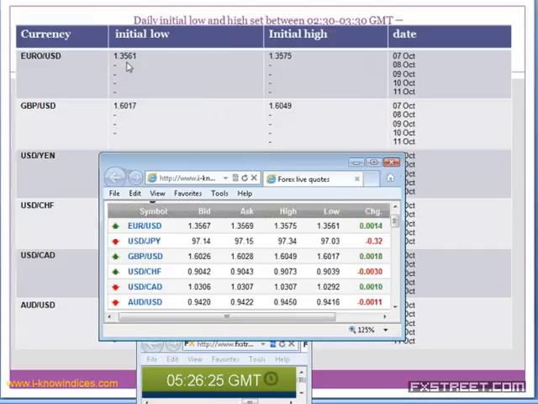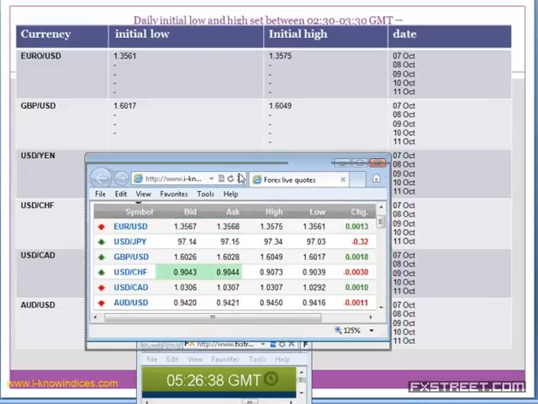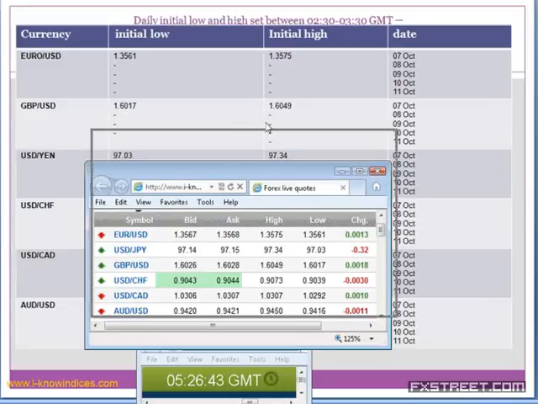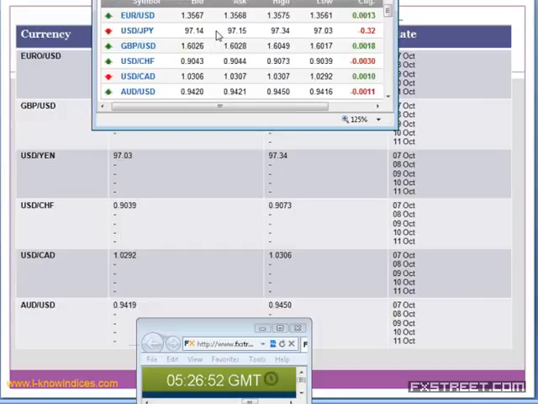Then, in the case of euro, 1.3561 was the low, 1.3575 was the high, and they have not reached the low or the high. So you find such a narrow range consolidation they have been doing for the past 5 hours. And in the case of GBP, 1.6017 and 1.604, because when they saw the drop on Friday, people are hesitating to enter the market, not even swing trades or scalping. It shows very clearly the lack of volume. Because when there is a lack of volume, the spread becomes narrow. That is an indication of this.